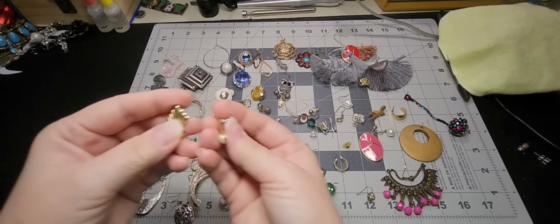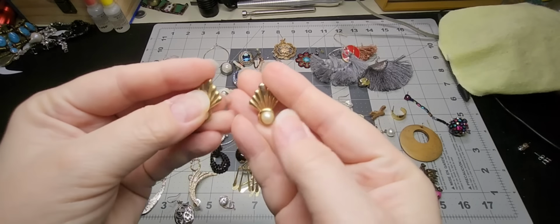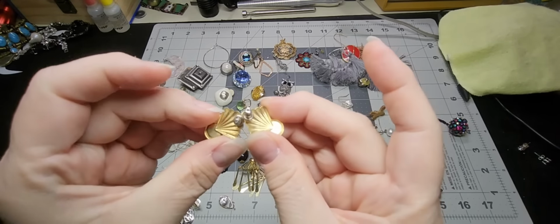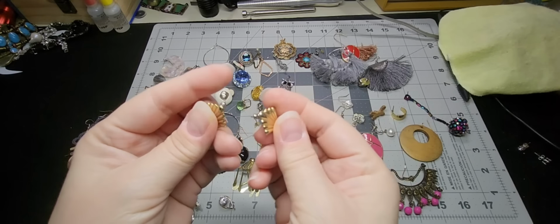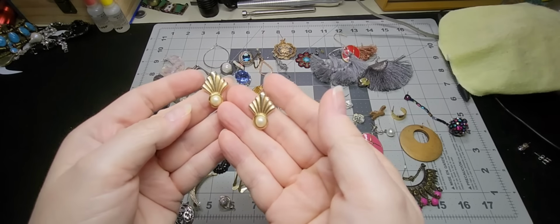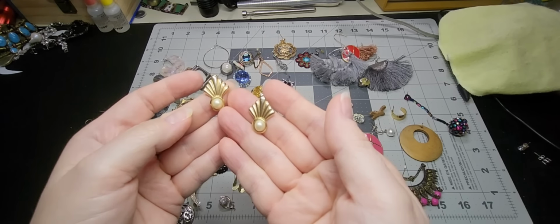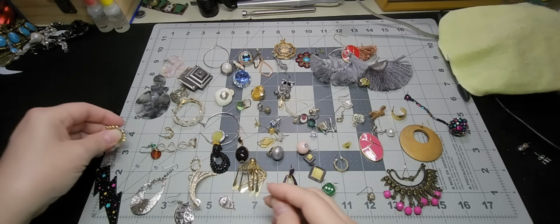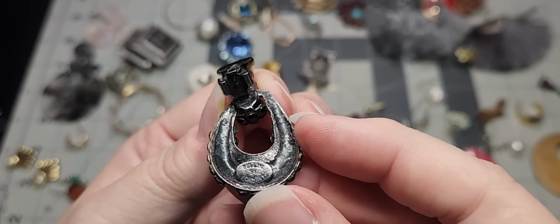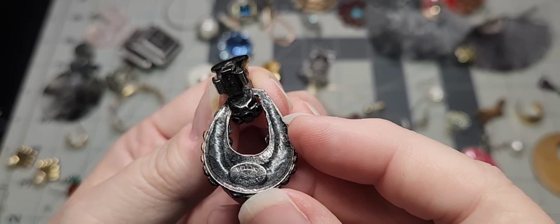Oh, and we do have the match to these little cuties. They don't have a maker's mark on them, but they have that Art Deco kind of thing going on. We have this neat one. Ooh, this is Bellini by